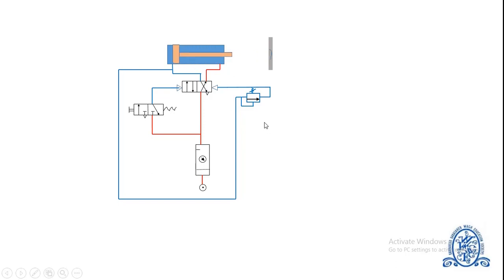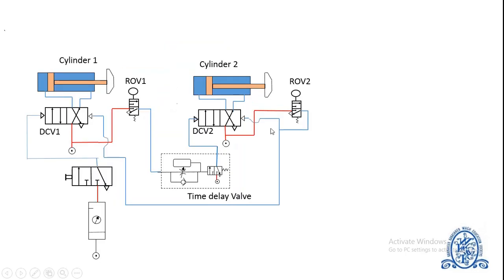So this is how basically we can use a sequence valve for the sequencing operation. And here the sequence valve ensures that the logo gets imprinted on the sheet at a desired pressure, and only after that the cylinder retracts. The next circuit which we will be discussing is a time delay circuit. This circuit will be useful when the operations are to be delayed by a predetermined time.